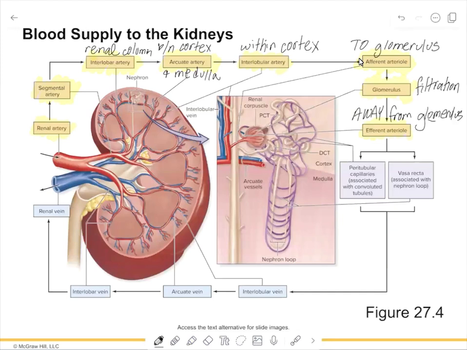At this point, it's going to then lead into one of two different capillary groups based on the type of nephron that it is. In this particular type of nephron, we have a nephron loop that is pretty short. The difference between these two types of nephrons is the length of the nephron loop. So the peritubular capillaries would be in what's called a cortical nephron,